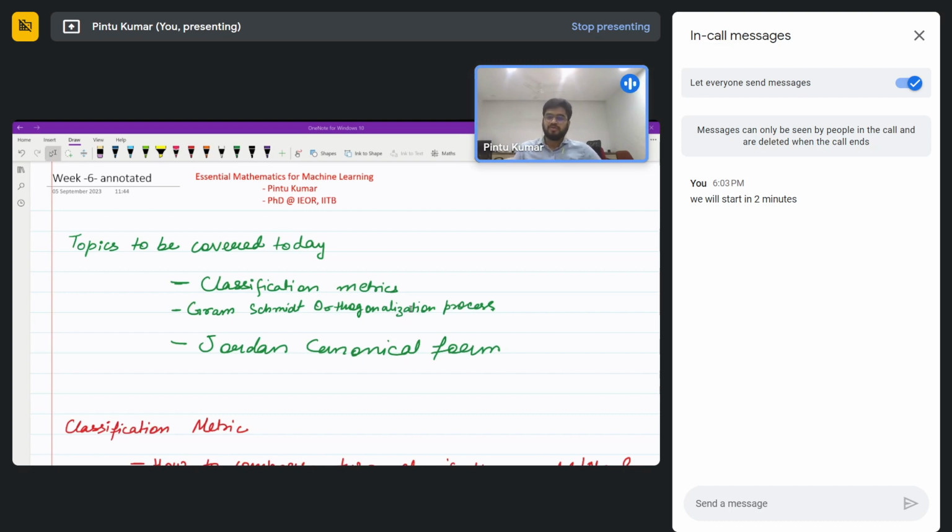The topics that I plan to cover today would be classification metrics. Here I'll talk about all things related to the confusion matrix and the F1 score, and I'll also try to motivate what you have learned in this lecture for multi-class classification, because multi-class classification is important these days. Then we will go to something known as the Gram-Schmidt orthogonalisation process, where we will learn how